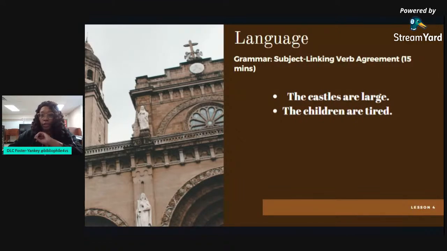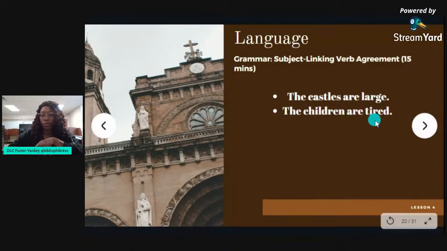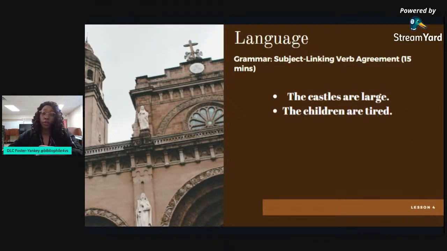The teacher will share example sentences using are, which are the two sentences on the screen, and then remind students that there are a small number of other verbs that may also function as linking verbs, in addition to forms of the verb to be. There's a check for understanding, where the teacher clarifies for students that when a senses verb is used as an action followed by a noun rather than an adjective, it is not a linking verb. So it's not really a check for understanding, it's more of just a clarification.